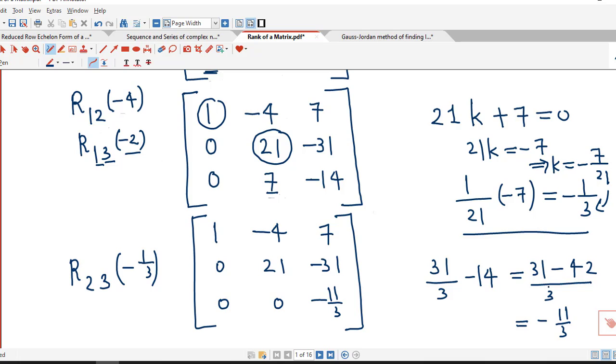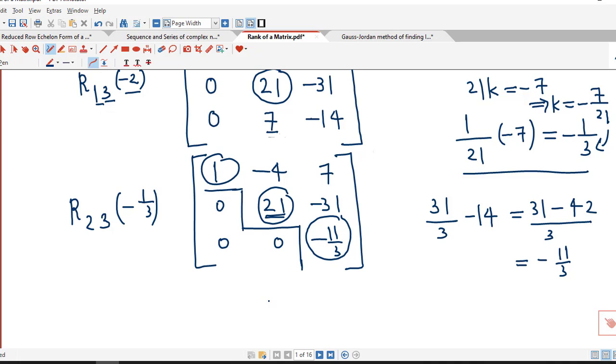So 2 minus 1, 1, 4 minus 3, and 3 1 minus 4 2. So we can see this is the first non-zero entry of the first row. All the entries below this are 0. This is the first non-zero entry of the second row. It is to the right side of this entry, and entries below this are 0. This is the first non-zero entry of the third row. It is to the right side of this entry 2 1.